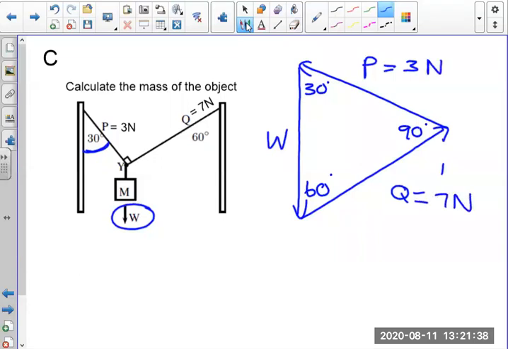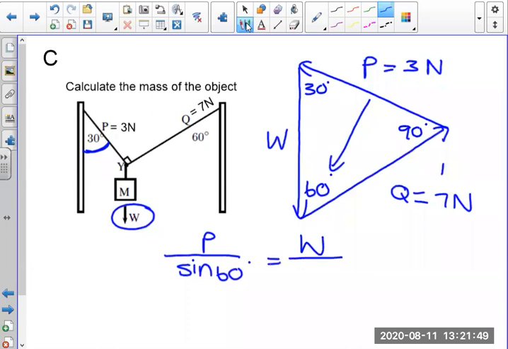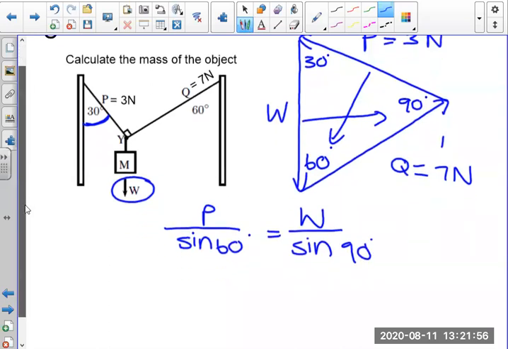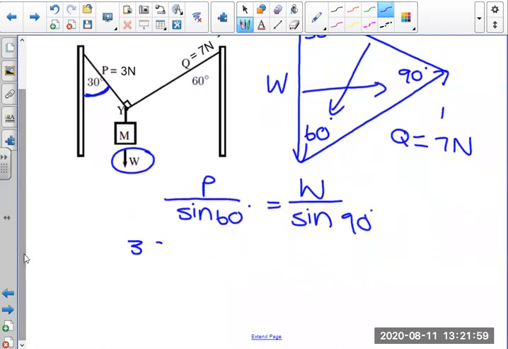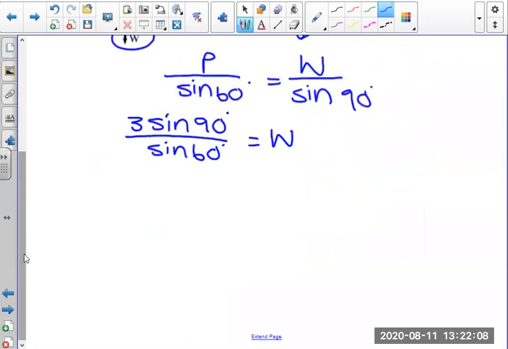Okay, so let's say I chose P, so I say P over sine, and the angle across P is 60 equals the weight over sine, and the angle across the weight is 90. Okay, so now I say P is 3, so it's going to be 3 sine 90 divided by sine 60 equals the weight. When we work that out, we get the weight as